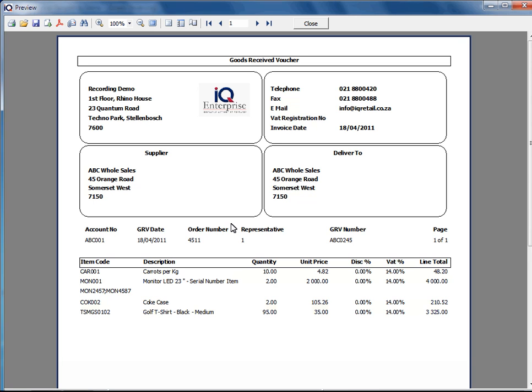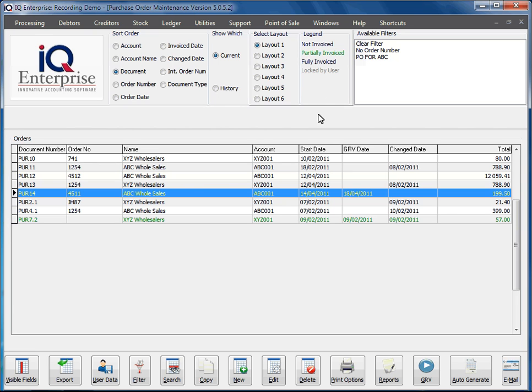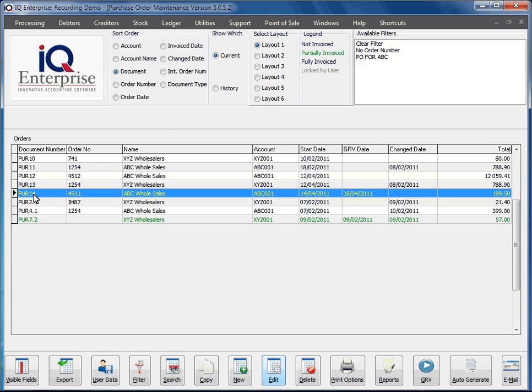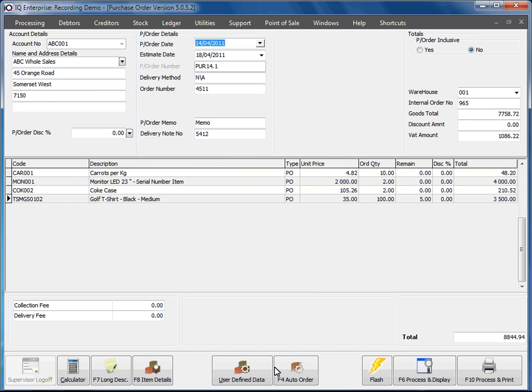In other words, here we can see the serial numbers we've entered. It will show us 95 items arrived. So if I close the screen, we will see that our purchase order actually shows up in green. That means it's a partially invoiced purchase order. It tells me that it's got a GRV date, but if there's still a total, it means that you still have an outstanding amount. If I edit that purchase order now, you will see that you have 5 items here